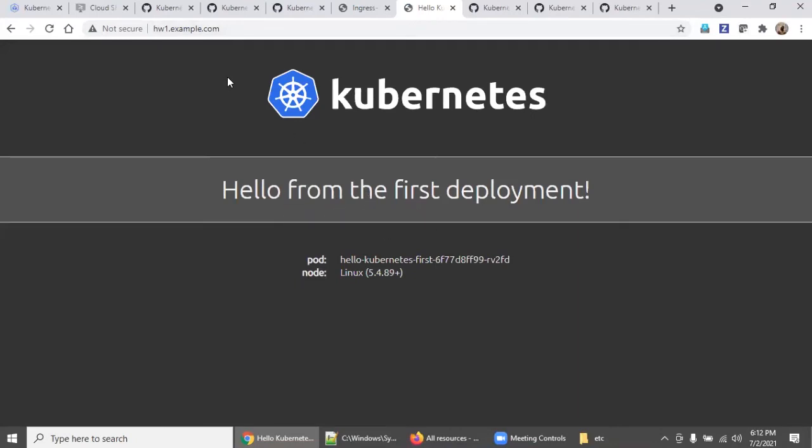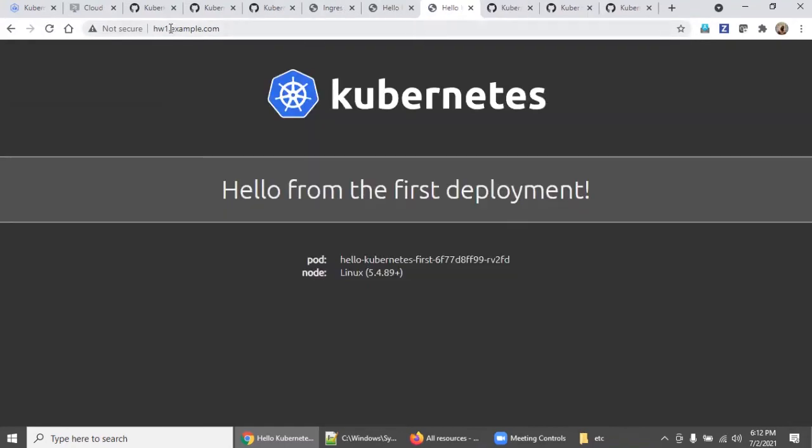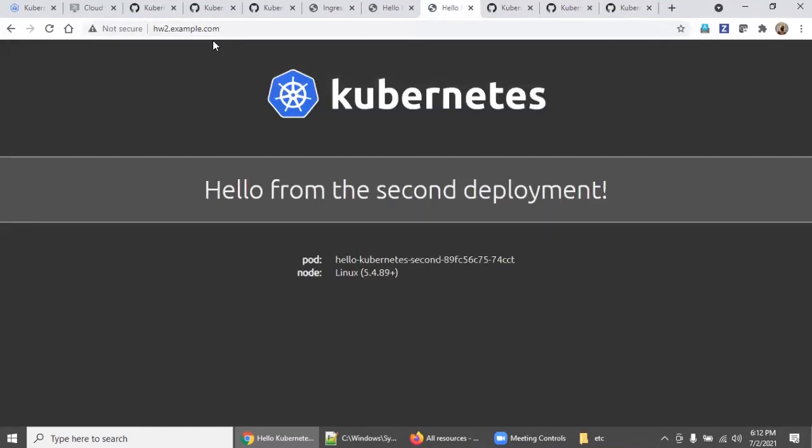What is happening is it is going there and ingress is deciding where I need to map it to, which service I need to send this to. So instead of hw1, I'm duplicating it, so we will go with the other domain name, then you will understand very clearly. See here. So it's not going to only one. It is from the domain name DNS that the ingress is deciding which service, how this is happening.